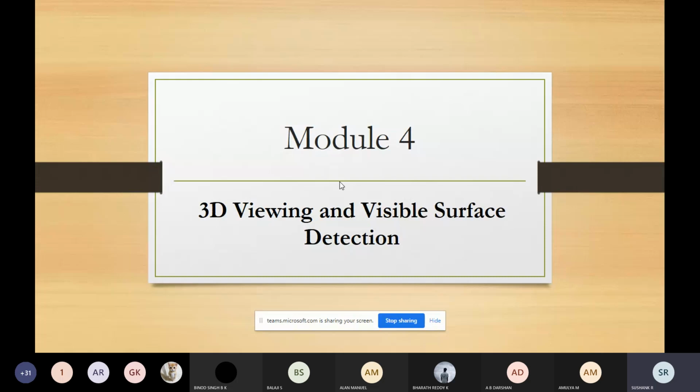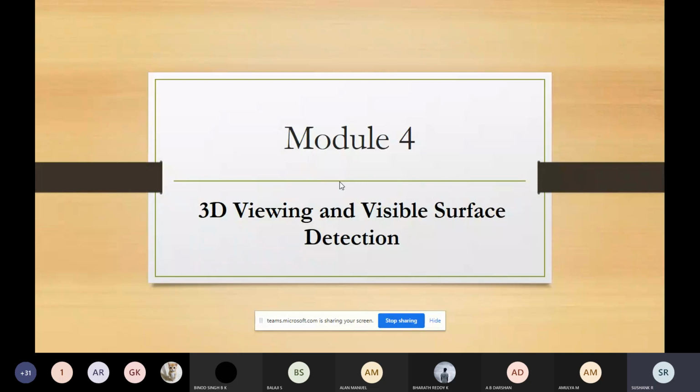Then we will talk about the projections: the orthogonal projection, then the perspective projection, then the viewport transformation, and the screen coordinates for the 3D thing. And what is the support given by OpenGL for this 3D viewing? Whenever we talk about these 3D images, one parameter is the depth.